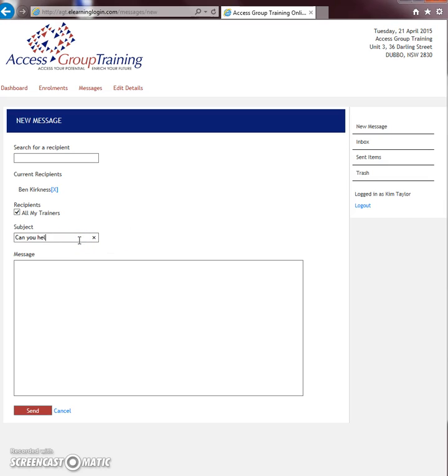Can you help me with this? I don't understand what a Gantt chart is. Okay, so provide as much detail as you can. If your question is actually coming from a particular unit that you're reading, put all that detail in there. So I'm just going to leave it at that at the moment, and I hit send,